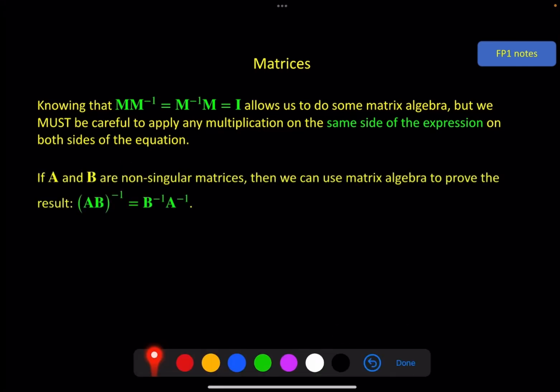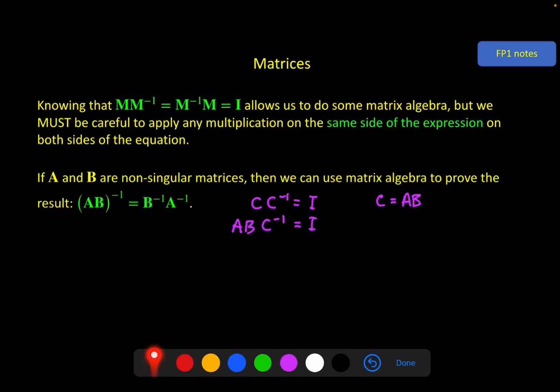So I'm going to use this result given in the book in one of the examples to go through and show what I mean. And this relies on A and B being non-singular matrices because, of course, if they're singular matrices, then these don't exist. So I want to prove this result here. To do that, I'm going to start with the statement that C times its own inverse gives us the identity matrix, where C is going to stand for the multiplication AB. And the very first thing I'm going to do is to put that in for C here. I'm going to leave the inverse of C